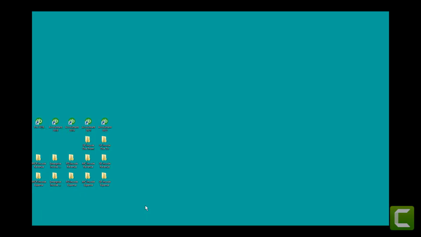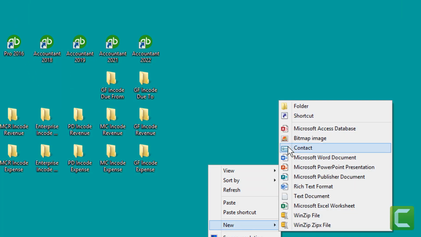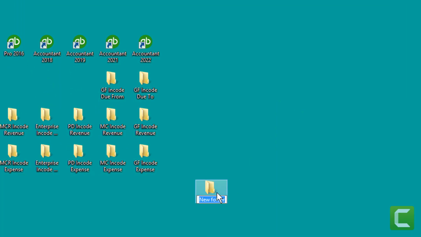All right, and the last thing is creating a couple of new folders. So we can right click, new folder. Let's move it up here. Let's call this debt service revenue.